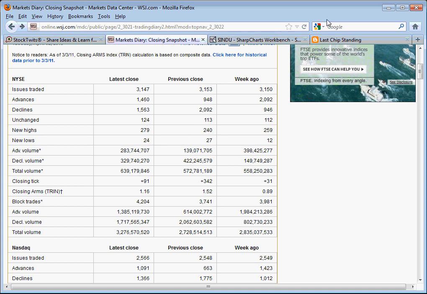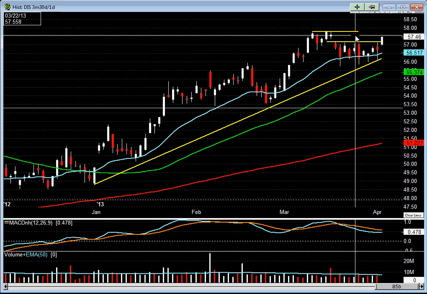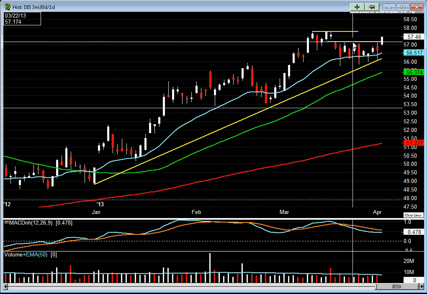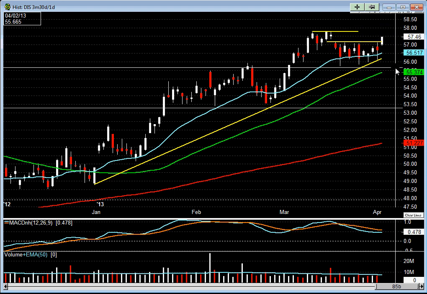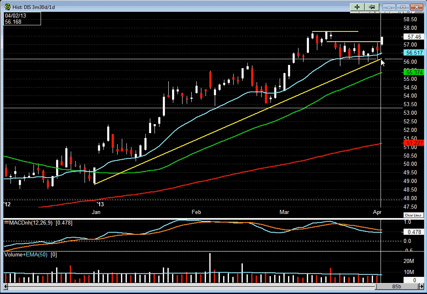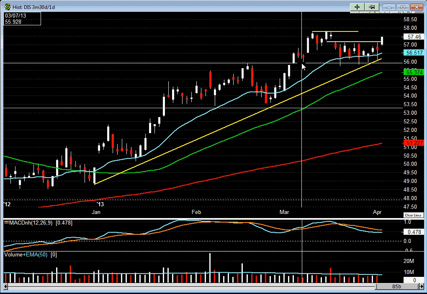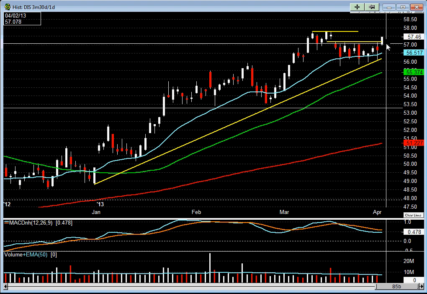And that's the reason why I decided to close out my Disney position. It's not because Disney is not doing well. It's just that I don't want to take the risk of this market getting an abrupt turn to the downside, because first of all, the market is already overextended, and some of these negative breadth indicators just indicate that the market could be at the top, if not, near the top.